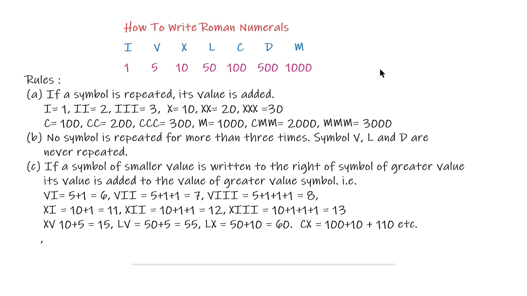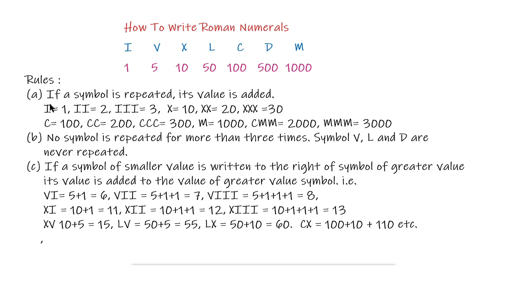The Roman numeral I has the meaning equal to 1. V is equal to 5. X is equal to 10. L is equal to 50, C is equal to 100, D is equal to 500, and M is equal to 1000. These 7 symbols make all Roman numerals, and the rules which are applicable for writing the Roman numerals are: